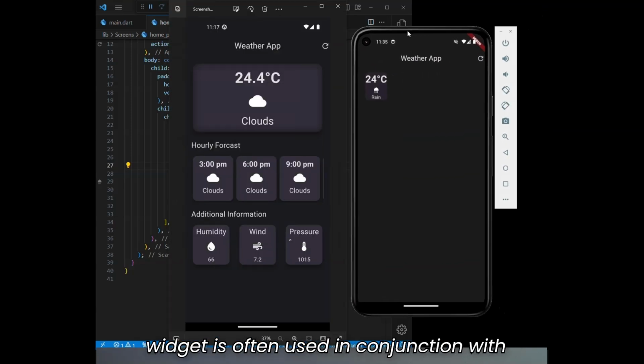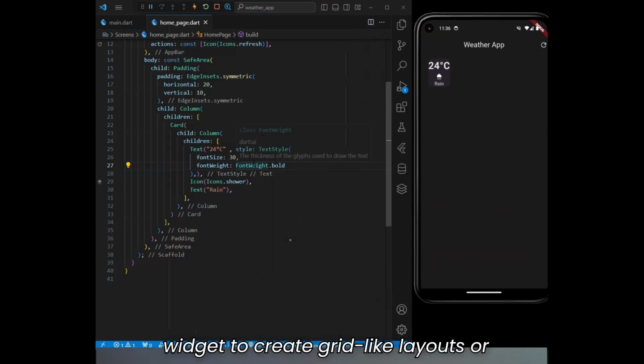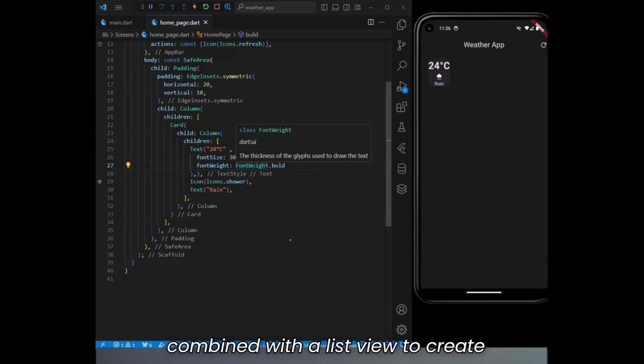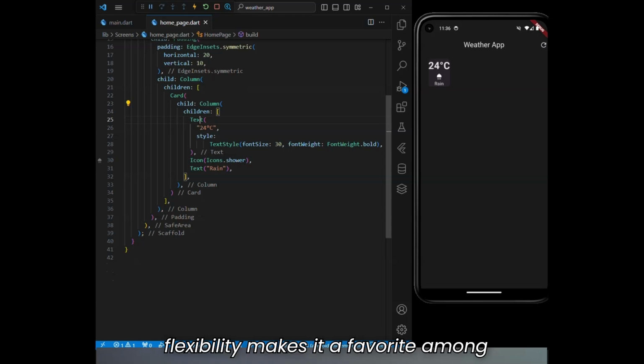The column widget is often used in conjunction with other layout widgets to create complex user interfaces. For example, it can be nested within a row widget to create grid-like layouts or combined with a list view to create scrollable lists. Its flexibility makes it a favorite among developers, as it simplifies the process of building rich